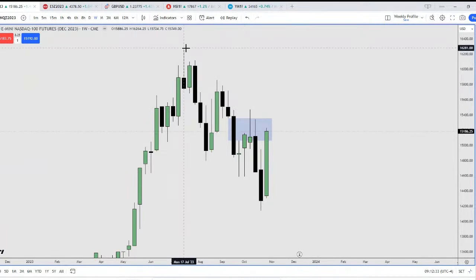Okay, this right here is basically what ICT likes to refer to as phantom trend lines. So three taps, but never making a higher high. So this would be the easiest run on liquidity, the one in the middle, and then we'll see what happens next. So far, it looks bullish for NQ and basically the indices, but you just have to keep in mind the higher time frame structure for the dollar is still in play.